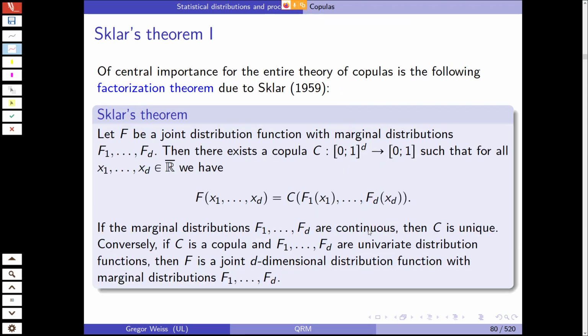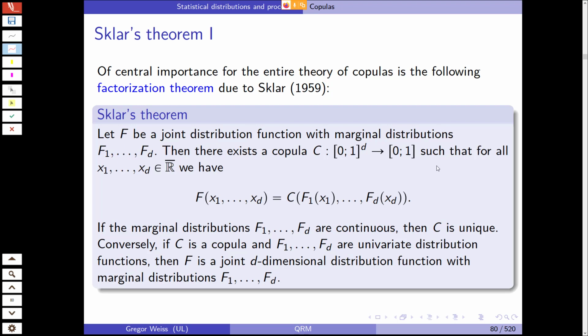Now, next, how is this related to copulas? Let's turn to the famous Sklar's theorem. Now, Sklar's theorem, back from 1959, states the following. Let F be the joint distribution function with marginal distributions F1 to Fd, then